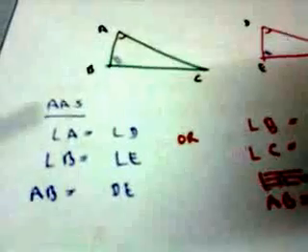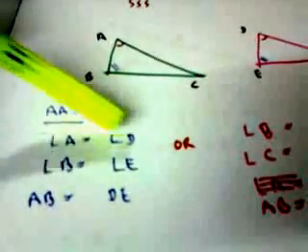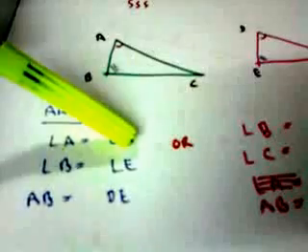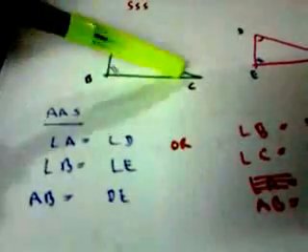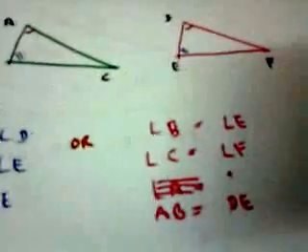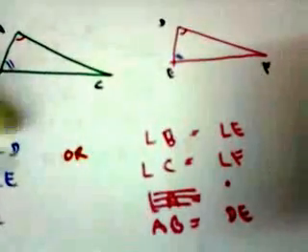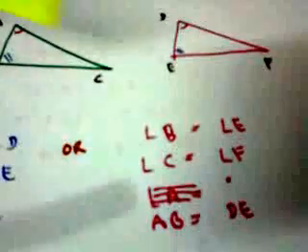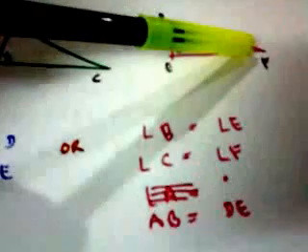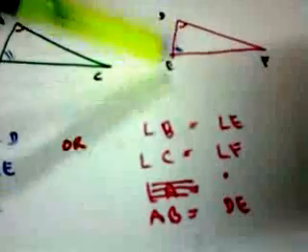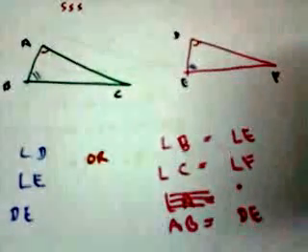So, we have congruence if angle A equal to angle D, angle B equal to angle E and AB equal to DE. Then ABC is congruent to DEF. But instead of angle A equal to D and B equal to E, if we have angle B equal to angle E and angle C equal to angle F and AB equal to DE, then also the two triangles are congruent by angle-angle-side congruence.